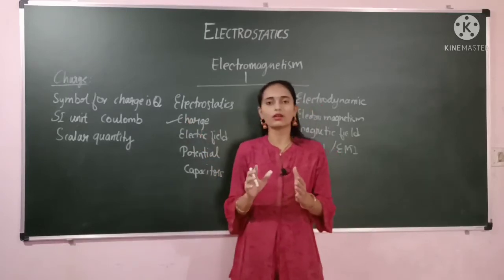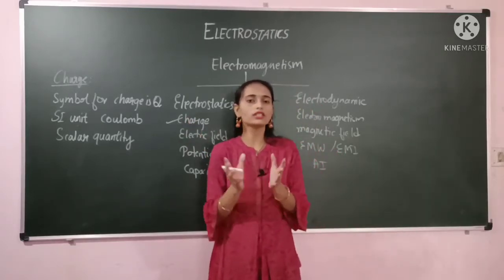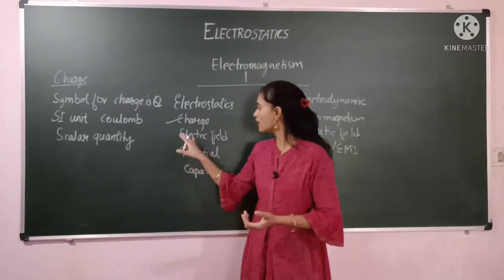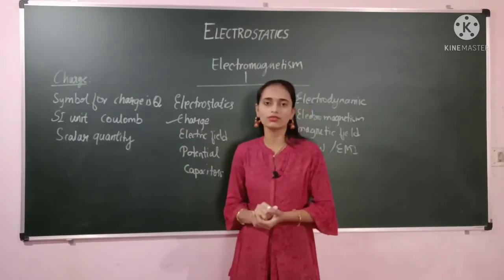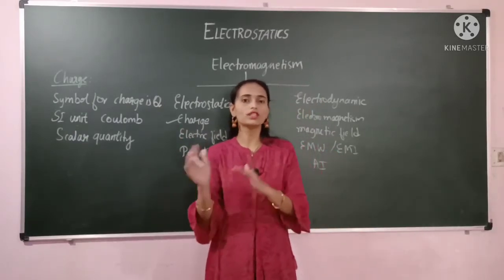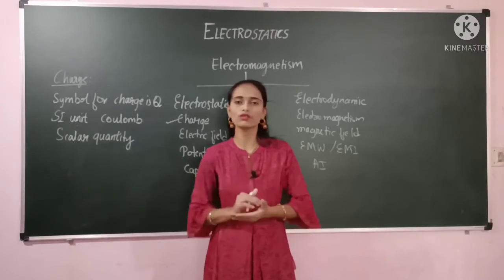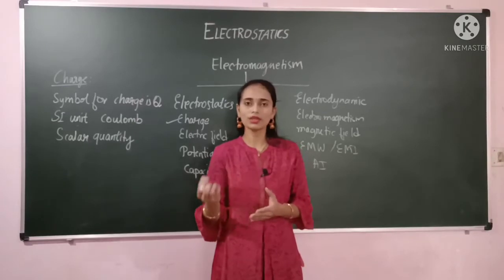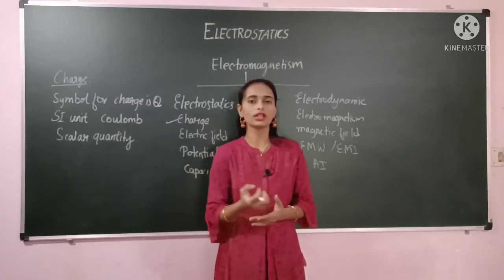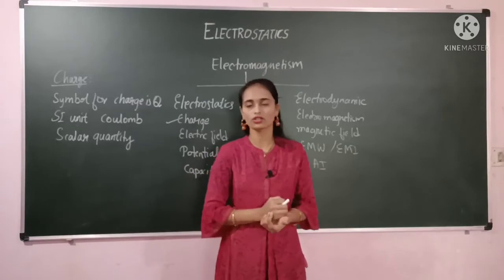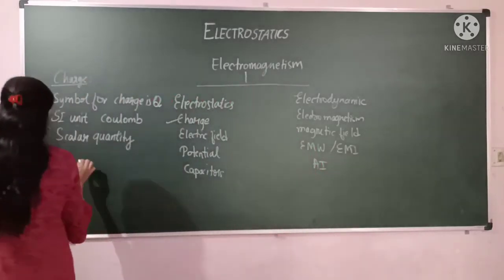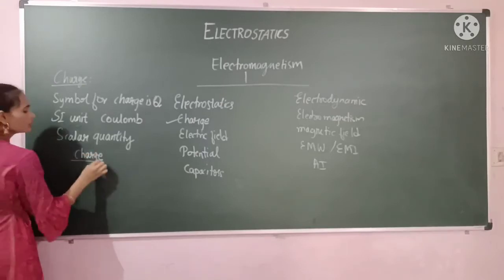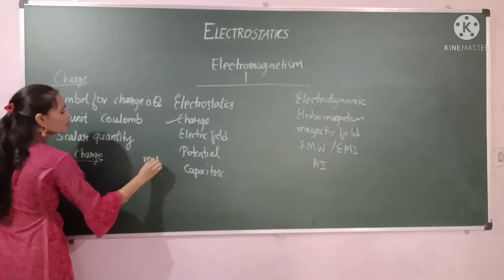In first year classes you have already studied the formula to calculate the gravitational field. Here also we have a formula to calculate the electric field, and both formulas are similar in nature, meaning both follow the inverse square law. So now we will study the similarities and differences between mass and charge. Mass is an intrinsic property and charge is also an intrinsic property. Here we will study charge and here we will study mass.